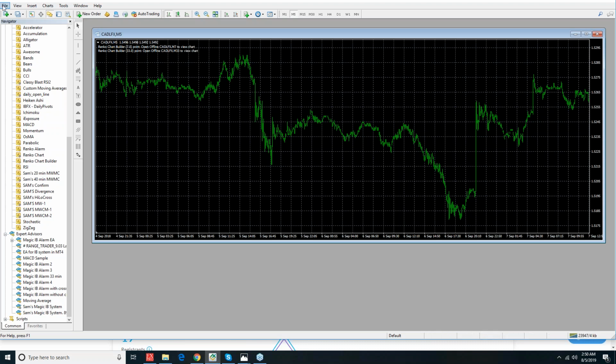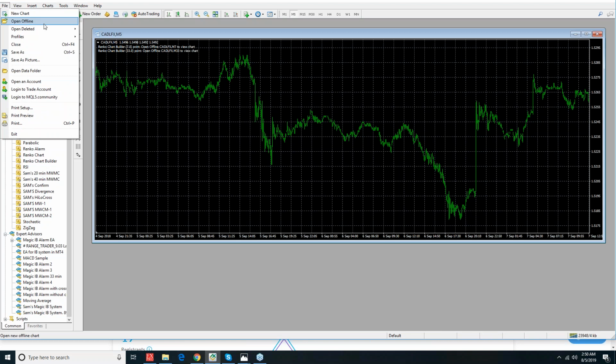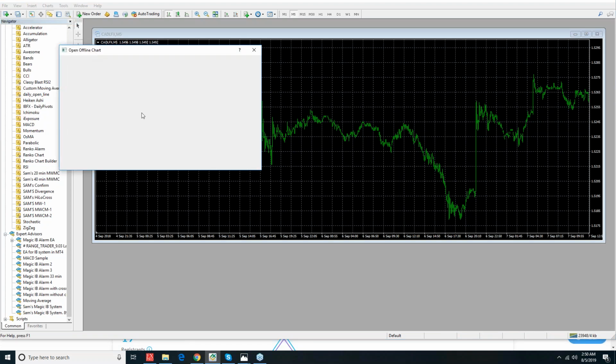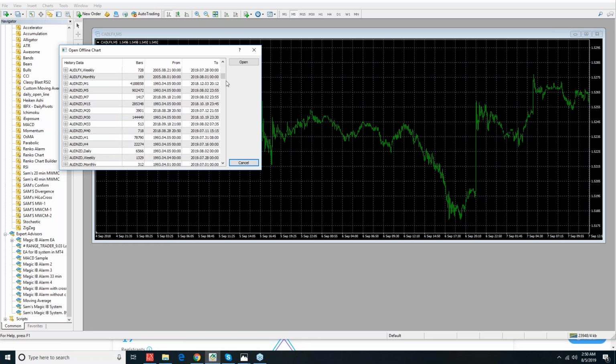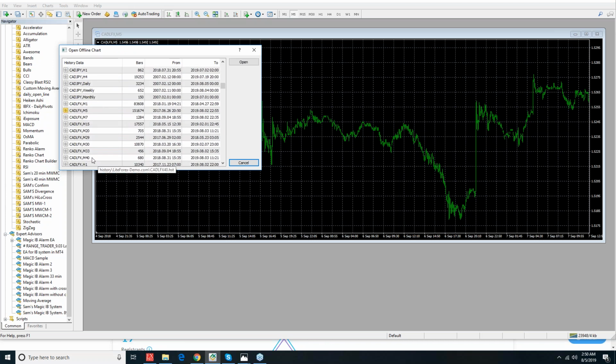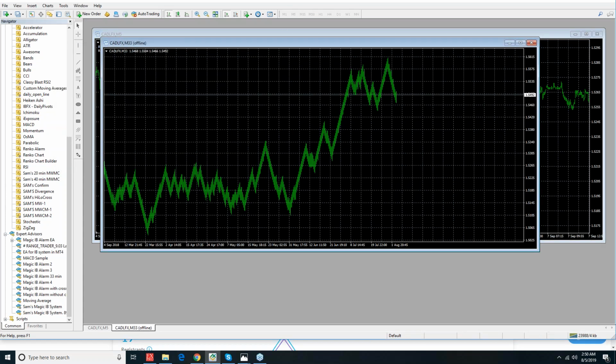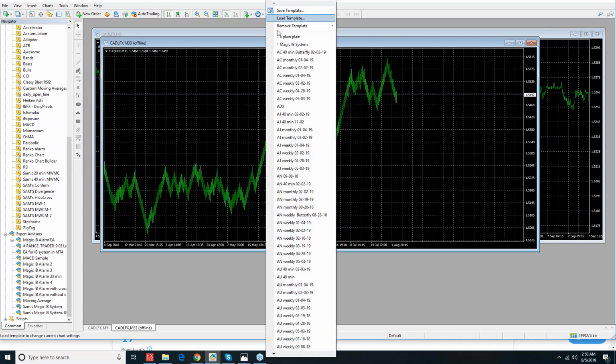So we go here, file, and then open offline here, and the window will open up. Okay, here, right? So look for CAD Index 33, right here, CAD Index 33. Double click